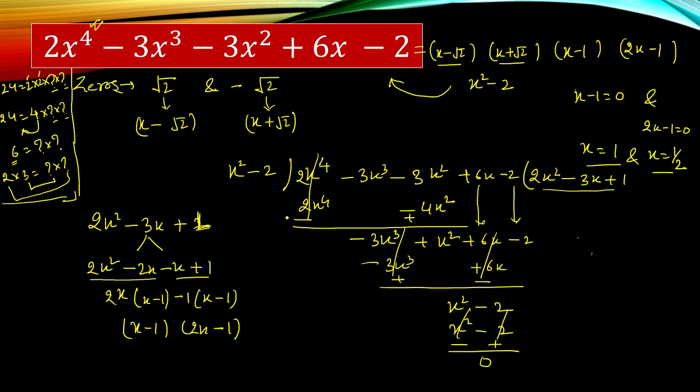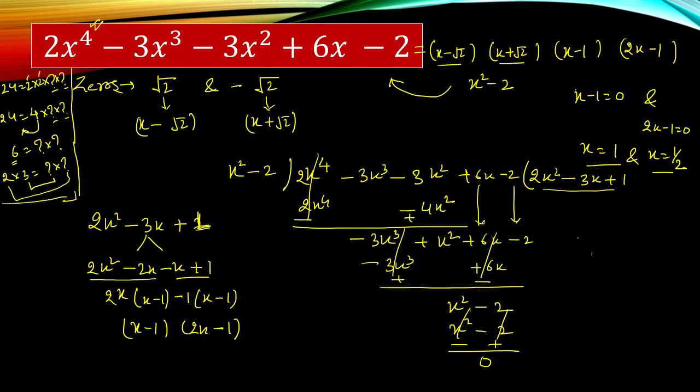So I am repeating the process again. First of all, this is a degree 4 polynomial. Definitely we have 4 factors. Now, two zeros are given. By two zeros, we got two factors. Get the product of the factors, divide the polynomial by the product of the factors, and get the quotient. What should the quotient be?